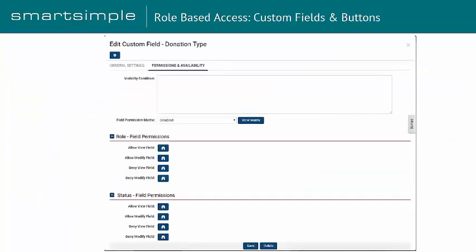The other thing you can use roles for is to control access to custom fields and buttons. Within a UTA, you can use the roles to drive the business process by controlling those. For example, you can permission an approval button to only be seen by a reviewer, or a submit button to only be seen by an applicant. Because of the configurability of the SmartSimple platform, with a proper setup, it can really be adapted to the needs of your business. In the picture, you can see a particular custom field, the donation type custom field,